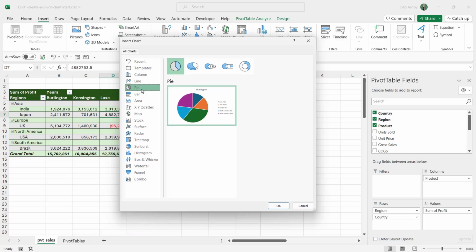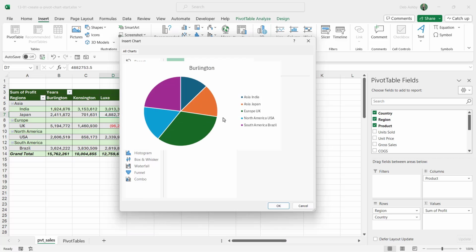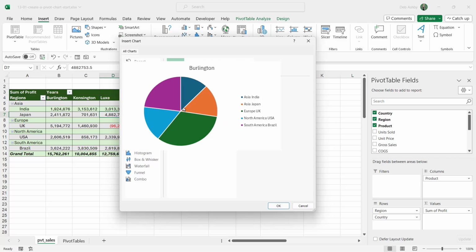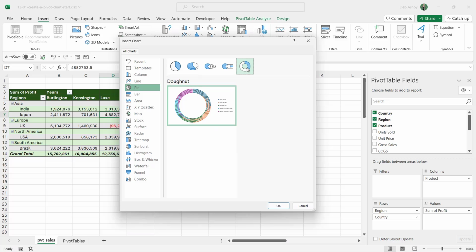So maybe if you have 2 to 5 data points that you want to represent, pie charts can sometimes work quite nicely. So you can see here, this doesn't look too bad. I can see the profit of the product broken down by region. Donut charts are similar in that way as well. If you want to use these, make sure you're using them with comparison data and you're only comparing a few